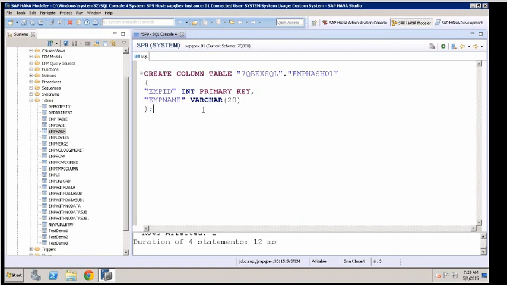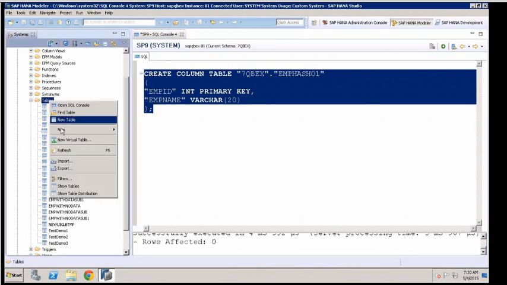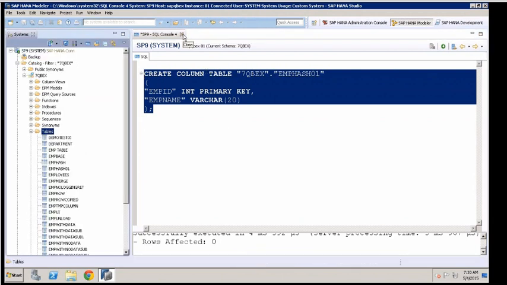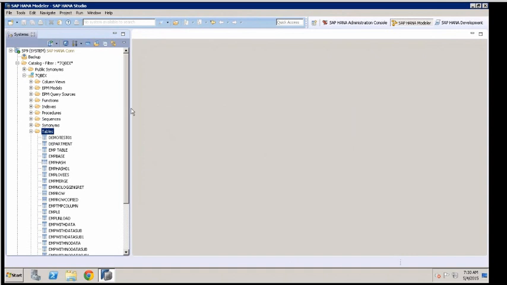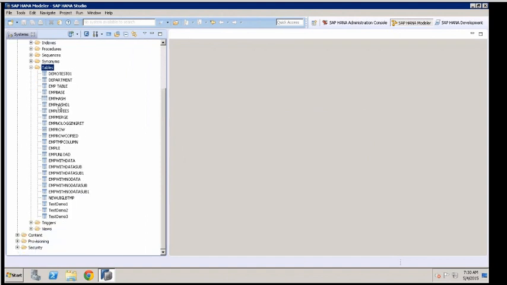I've just created a table, but while creating the table, I'm not doing any partitioning. I would like to partition this table using UI. So let's say the table is created normally like this, or I can create it with UI. This table is created. So emp hash 01 is my table, and I would like to create partitions on this table, not with SQL. I would like to do it with UI.